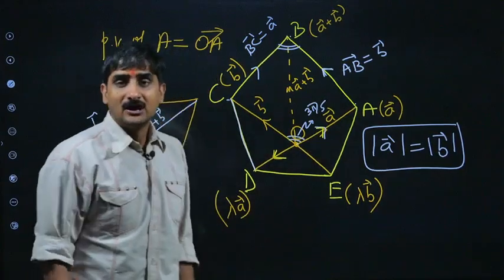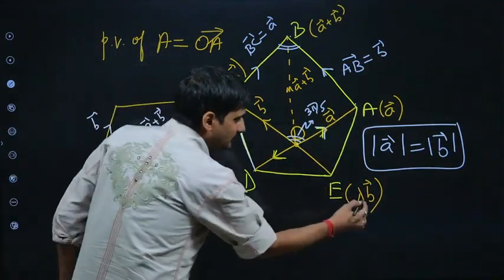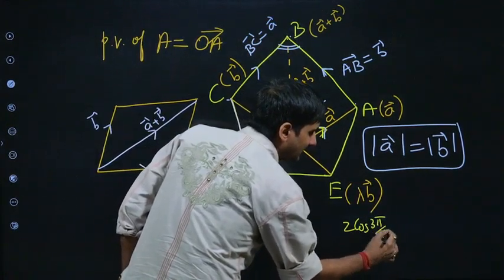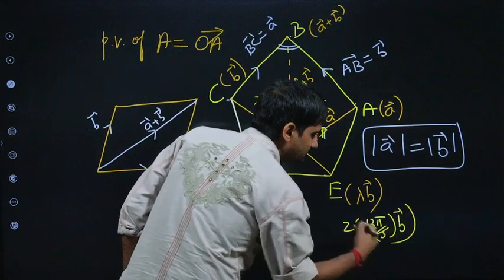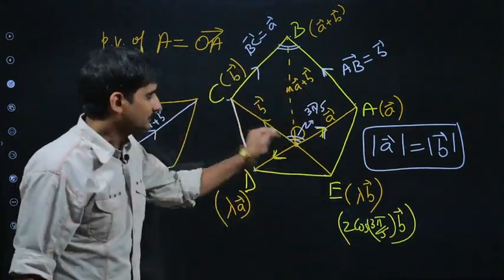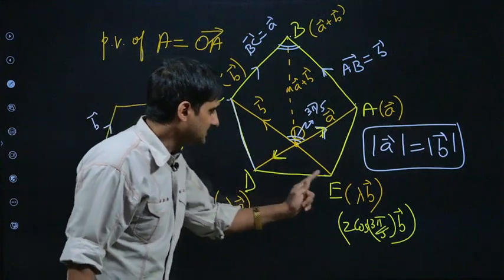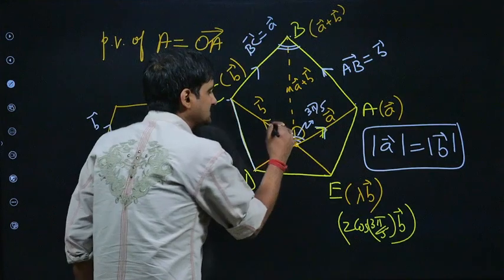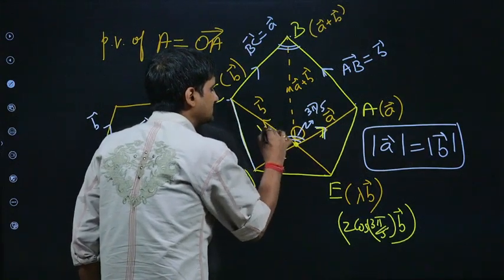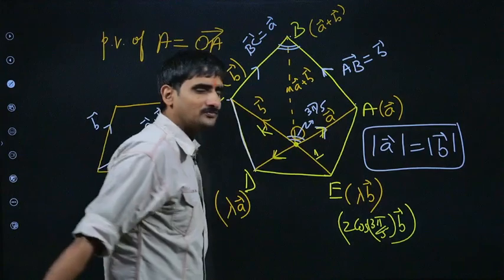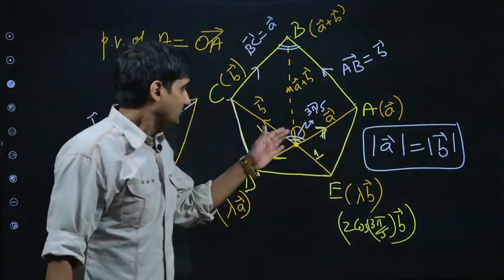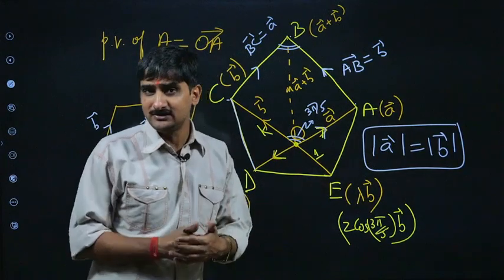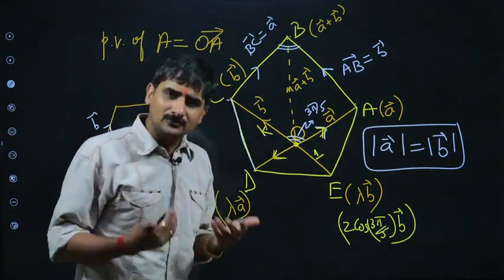Now we know lambda, so this is 2 cos 3 pi by 5 times vector B. This is the origin, this is vector B, and this is the position vector of E, lambda times vector B. Now I will say that the origin divides it in the ratio k is to 1, because the origin is the point of intersection of AD and EC. So if AD divides EC in a ratio, of course it will divide it